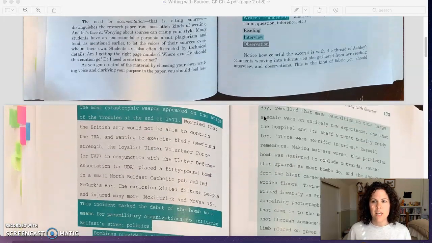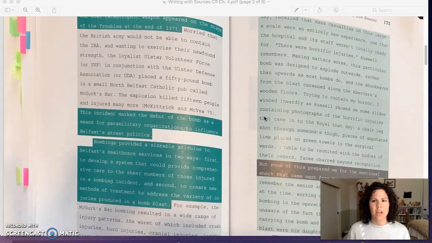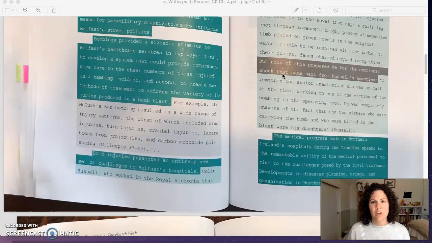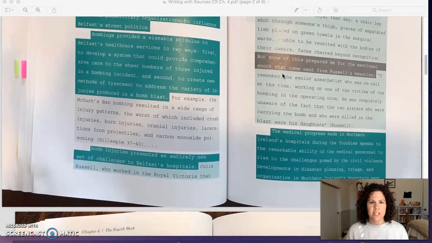You can see here on pages 172 and 173 the different colors of the person starting to speak in the writing, then maybe other research, and then going back to the analysis, going back to the research, and then going into some observations and some interview. So it should look like this, where each piece is not necessarily the exact same size. They're blended together. And this is what we want for writing.